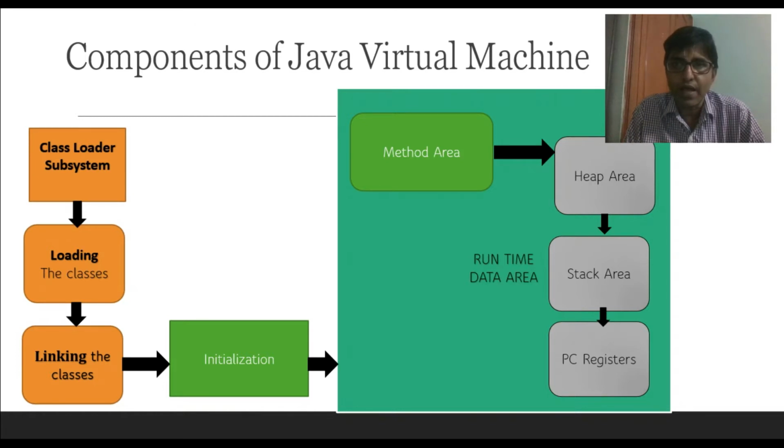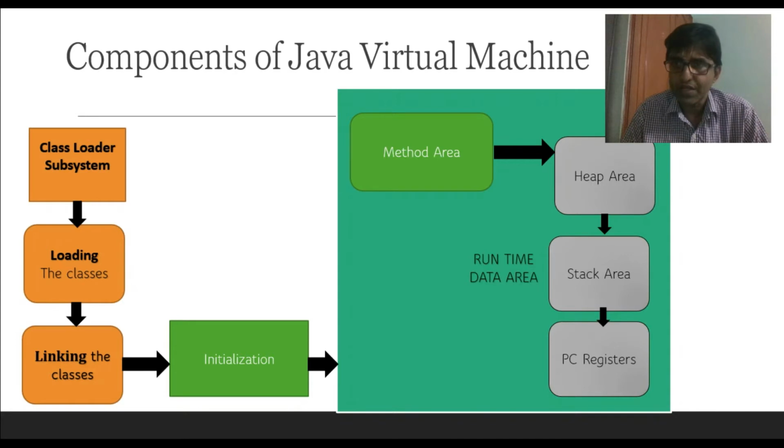Any class that references objects or information related to the memory, storage of variables, all that information is stored in the runtime data area. It comprises all the methods, that is, the functions used. In Java terminology they call them methods. In C we call it a function, right? So each method, the references to the method, the variable references, all the information will be stored in the heap area, and the stack area will contain the reference to that particular area.